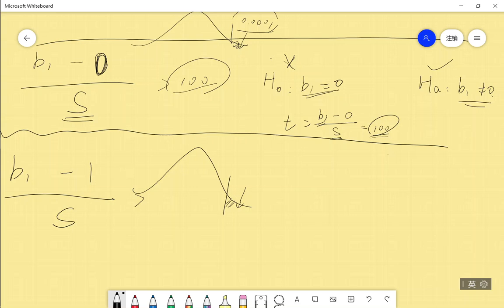The first way is this. You just use the above method. The null hypothesis, you just change the B1 to 1. Okay, everything is just so familiar to you. So just write the alternative hypothesis of B1 not equal to 1. So use the same method. You calculate the T, B1 subtract by 1, and calculate the standard deviation. And when you divide by S, you got, say, 100, which means if B1